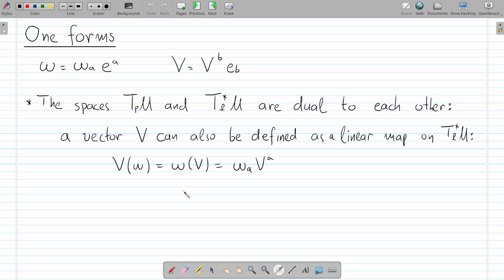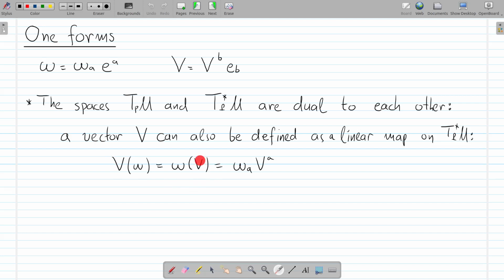The vector spaces, tangent space and cotangent space, are dual to each other. We can define linear maps on one forms that take us from one forms to real numbers. And if we take the linear map V acting on omega, if we define this to be the action of omega on the vector V,